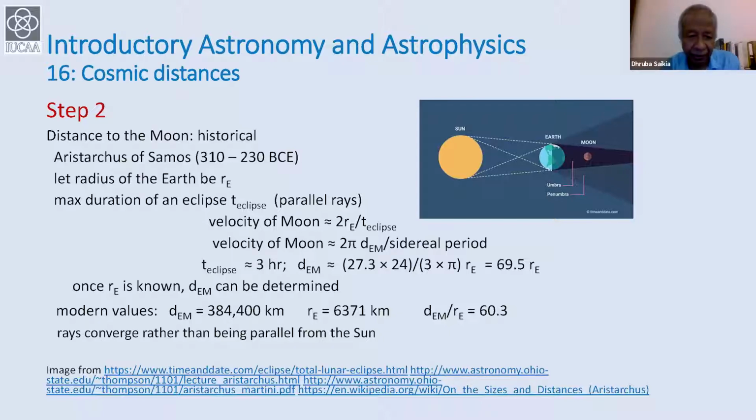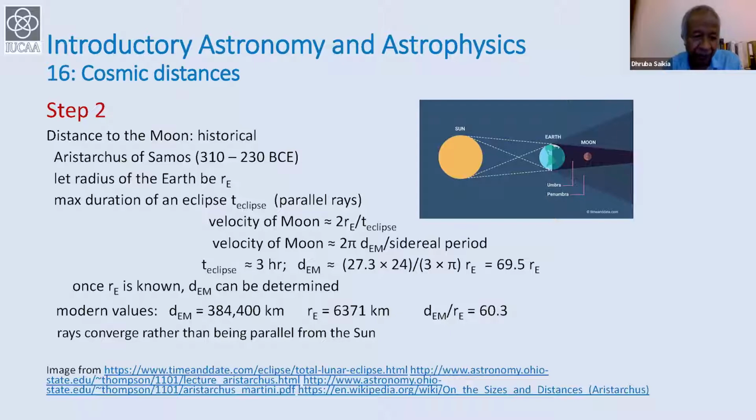And equating these two velocities, you can get the Earth-Moon distance in terms of the radius of the Earth. And the radius of the Earth, Aristarchus had determined from the shadow which it casts in Alexandria when the sun was overhead in Syene. From that measurement, you can calculate what the Earth-Moon distance is. And the values they got were